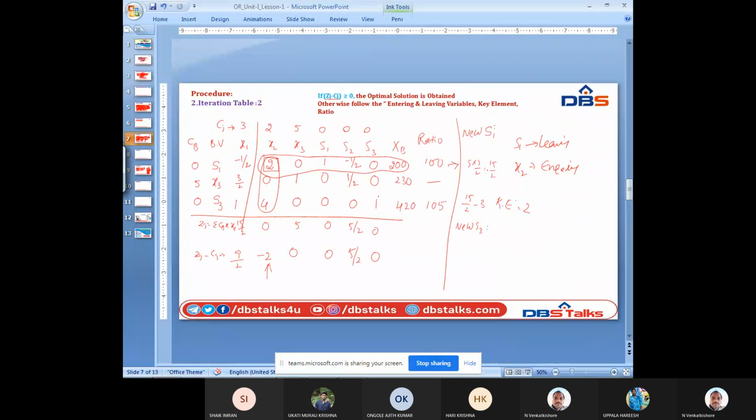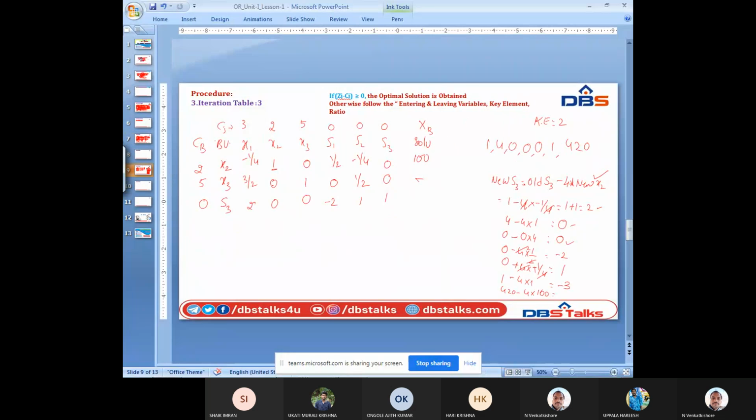So here no need to calculate these also. That is S3. So simply we just remember what are the values we need to find out. So by framing this in identity matrix is enough. So the rest of the values you don't need to touch. Then what is finally this value is not required. So what is the S3 value? S3 value means 420 minus 400. That is again